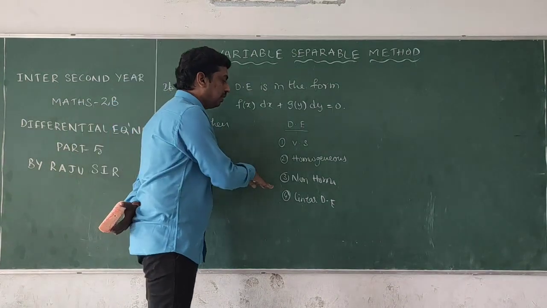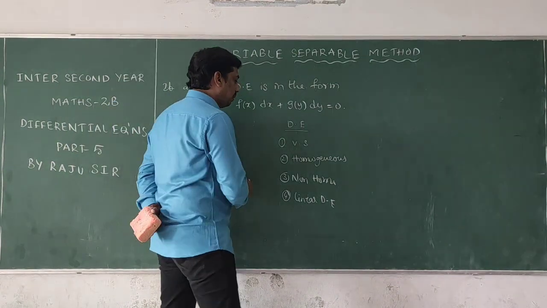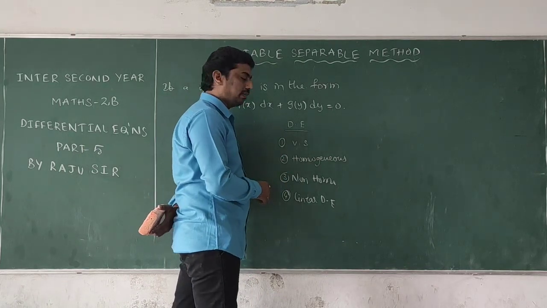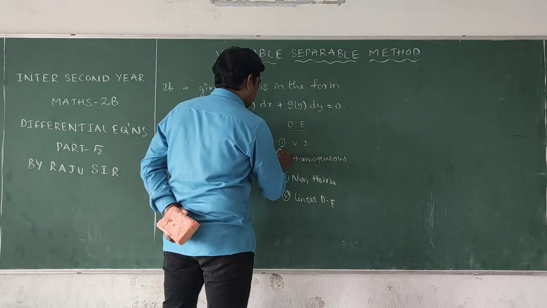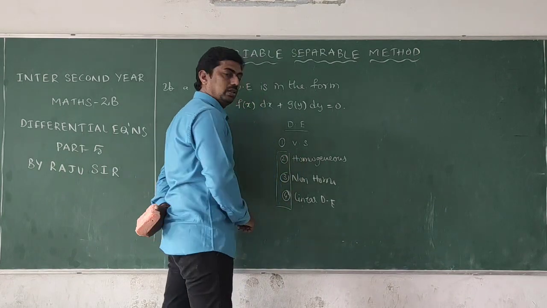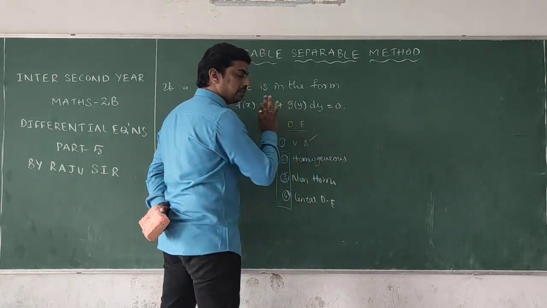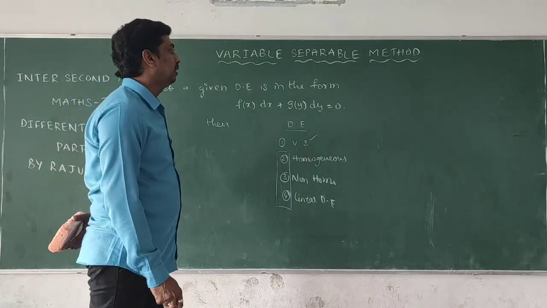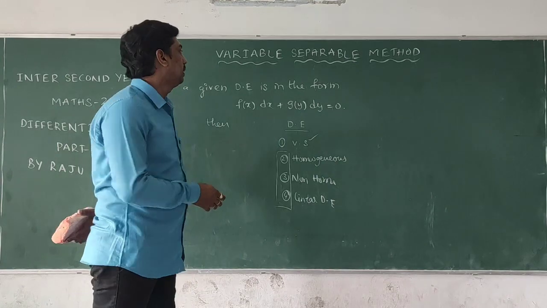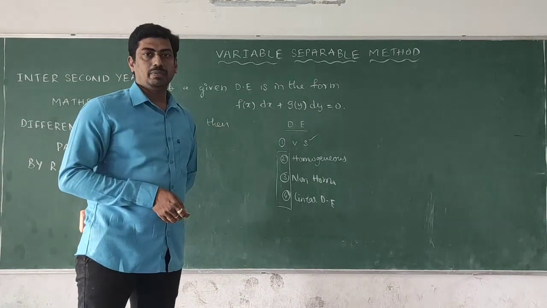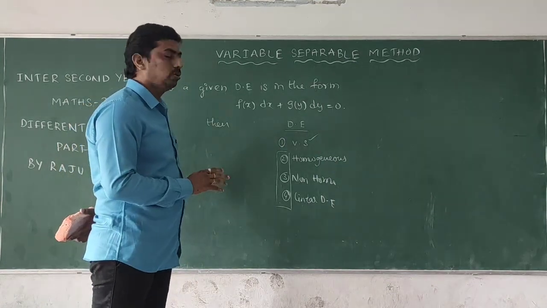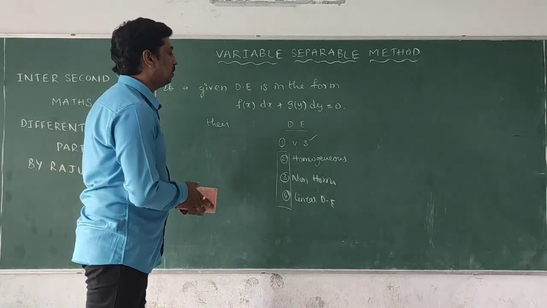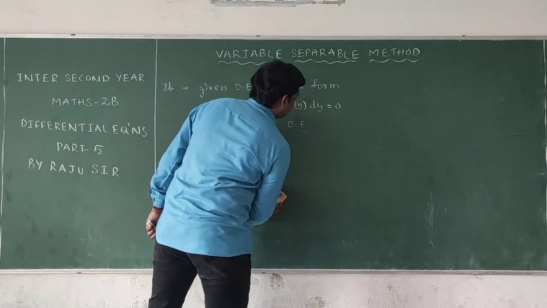But actually we have these in our intermediate second year syllabus, but in the reduced syllabus, for reducing 30% of our syllabus, these 3 topics are deleted. That's why we have only this method. So we can expect a long question from the variable separable topic. The only scope is a 7 marks question from this topic, so please concentrate on this one.